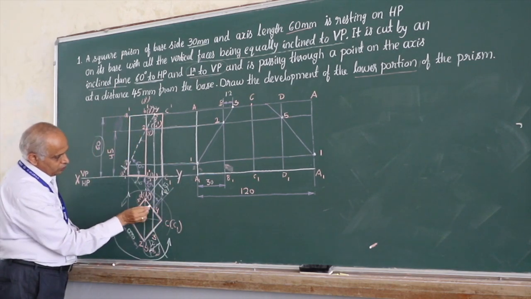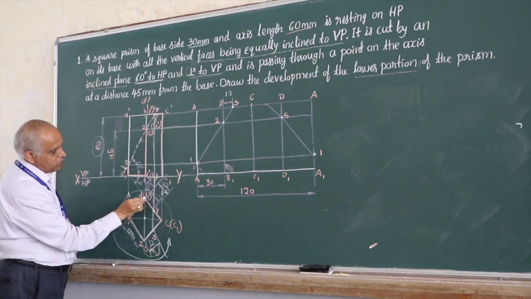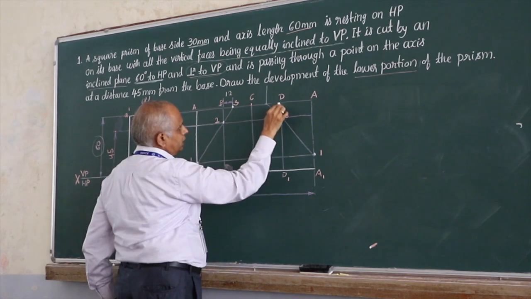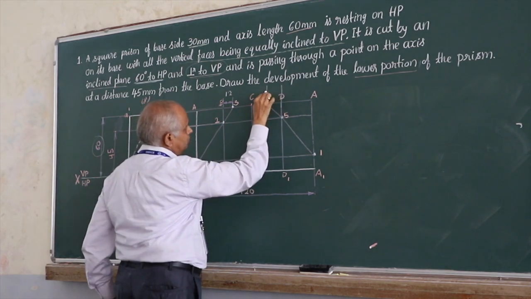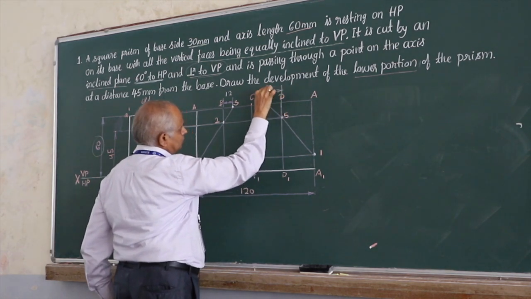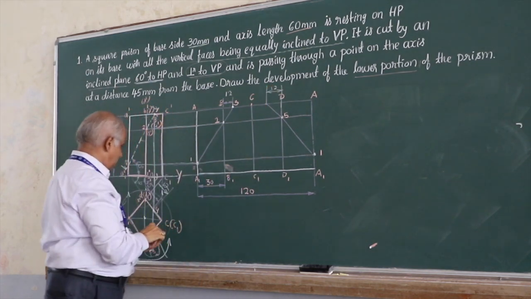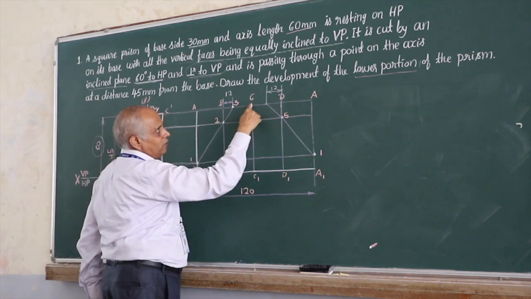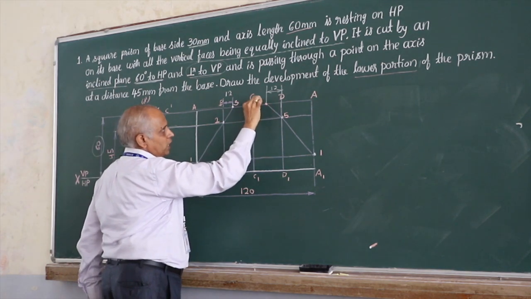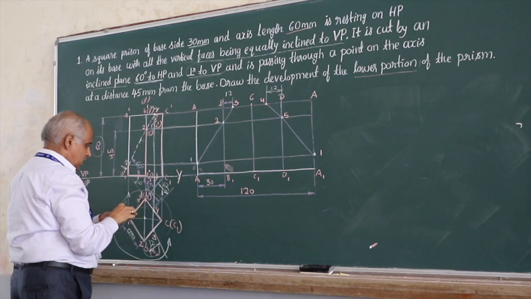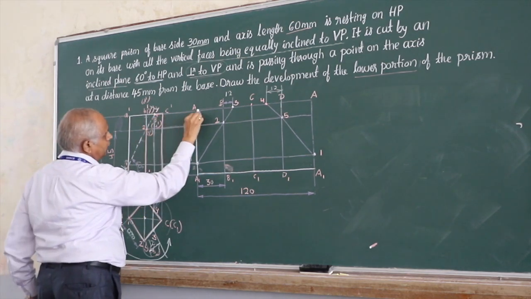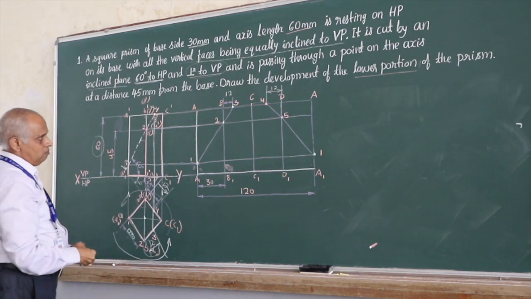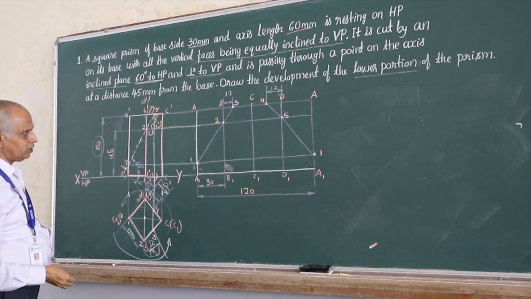Similarly, on this side, 4 is at a distance of 12 mm from D, but it is between D and C. That's very, very important. It should be between D and C, and therefore I can locate this 4 here because 4 is at this level only. Now we have located all the section points on the development.